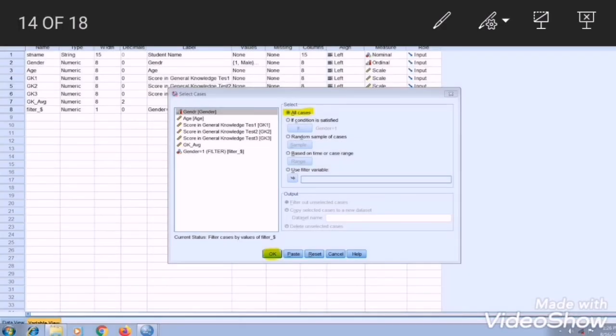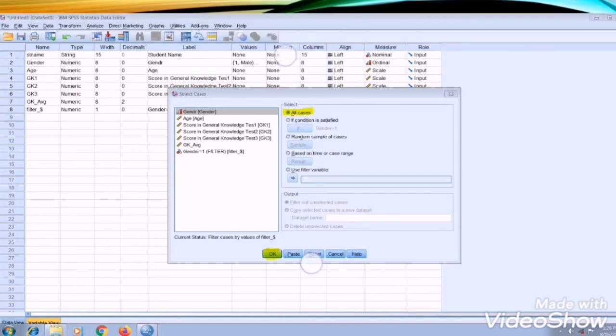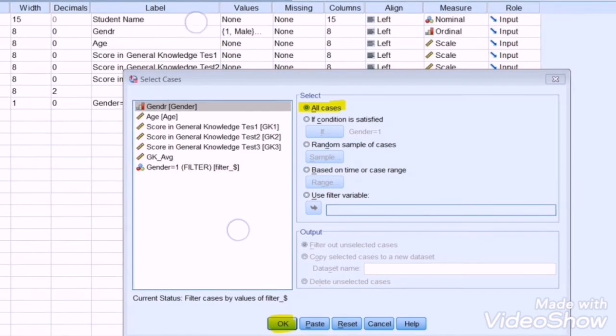If we want to have the female records also for further analysis, we can delete the filter variable just by selecting it, right clicking on it and giving delete. It will be cancelled. Again you can restore the female records. Or we have another way of doing this: we can again go to the data menu, select the select cases menu, and this will open the select cases window, and there you will have to select all cases.